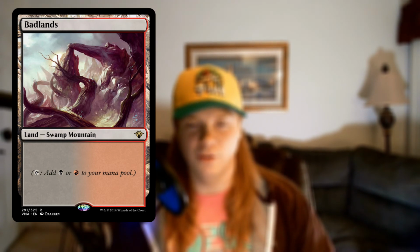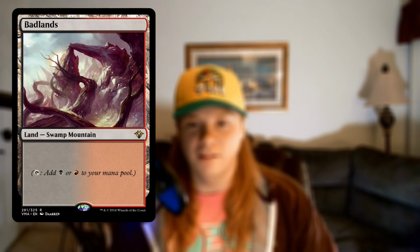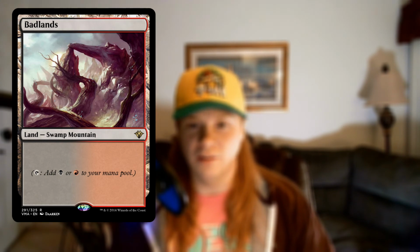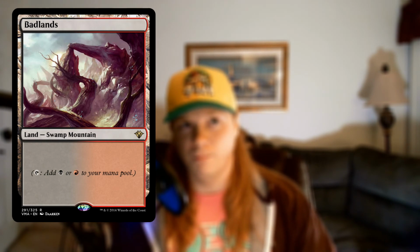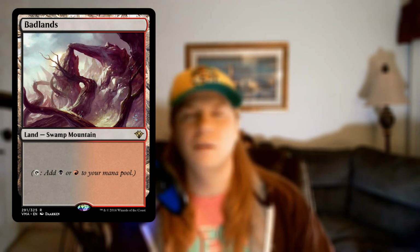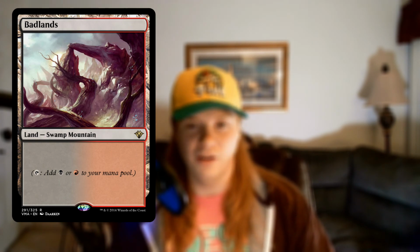Badlands. It is a land as well, so kind of boring, I guess. But it is a very expensive land if you don't know what this land is. Badlands is like $150 to $200, and that's because it was printed in the good old days and it's on the reserved list, so they will not reprint it ever again, allegedly. I mean, they haven't reprinted it for many years. I don't know the exact time, but